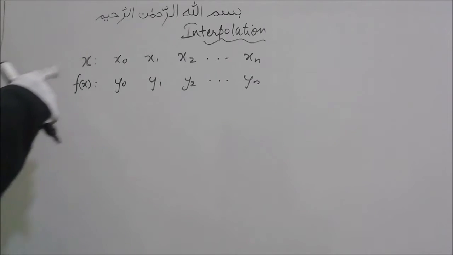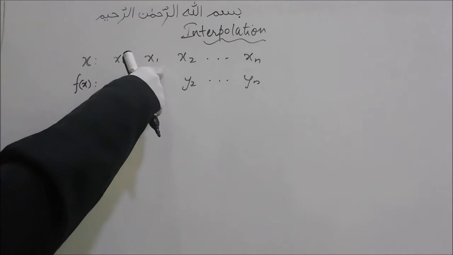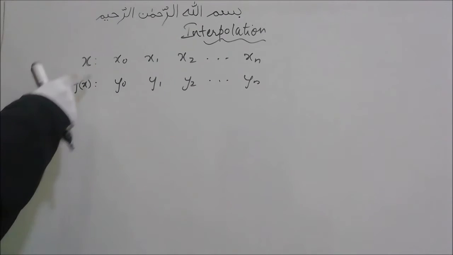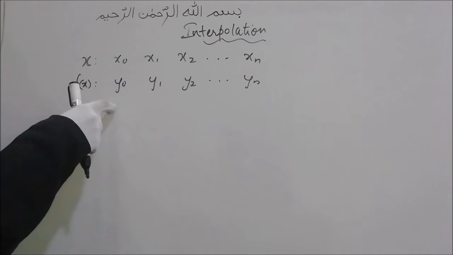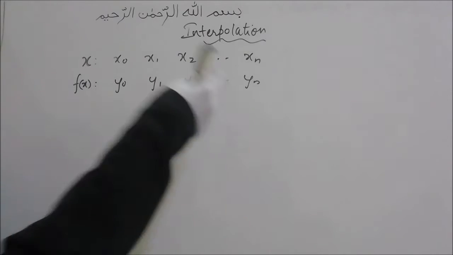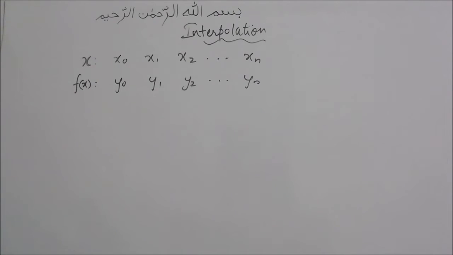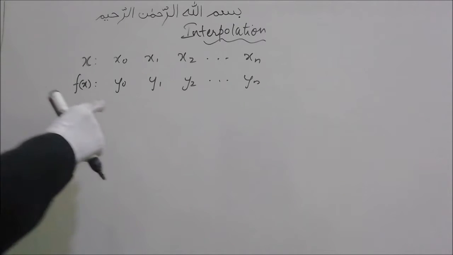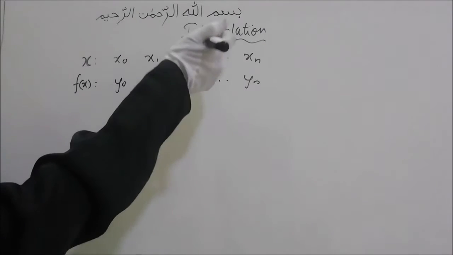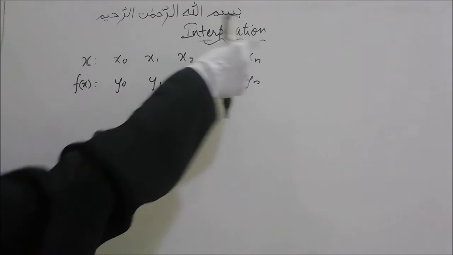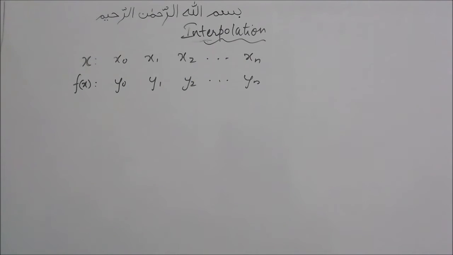Let's say we have been given some values of x which are x0, x1, x2 up to xn and the corresponding values of f of x, that is y, y0, y1, y2 up to yn. So interpolation is a process which is used to find the relation between x and f of x, like we can find an equation, or we can also get the value of f of x for any value of x which lies in between this range. That is why it is called inter. Inter means the x value should be lying between the range.